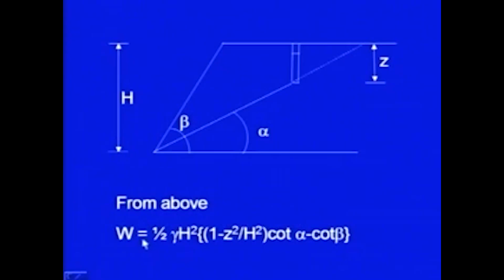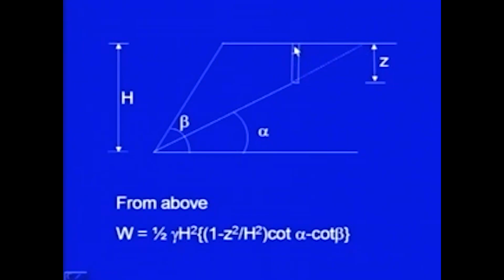The value of w also you can find out. I am not showing the entire computations, it is very easy. Again you have to use the geometry. This dimension I have already told you, it will be h cosec alpha. This dimension will be equal to h cosec of beta. You can get this perpendicular distance, you can get entire area of this wedge, and then you also can get